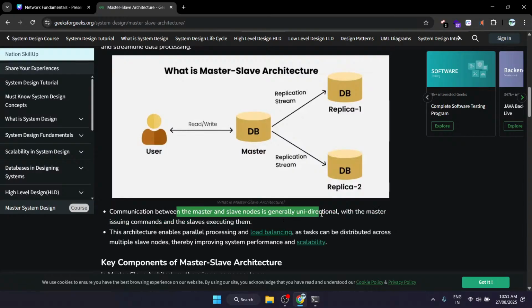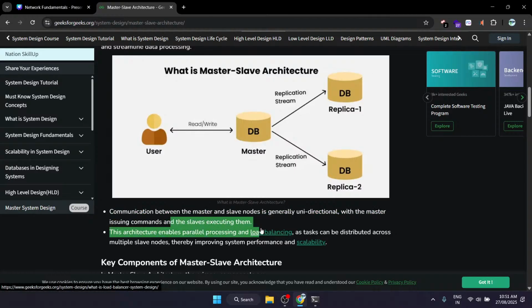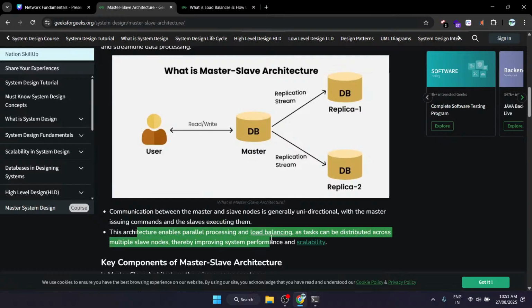Communication between the master and slave nodes is generally unidirectional, with the master issuing commands and the slaves executing them. Okay, this is something even different. The architecture enables parallel processing and load balancing. Also, we already talked about the load balancing thing in the ethical hacking part,